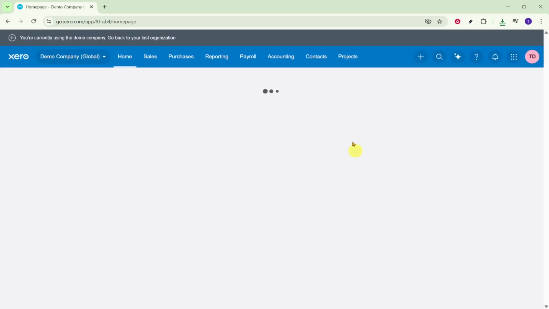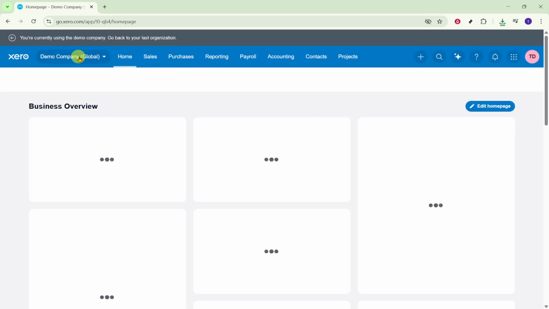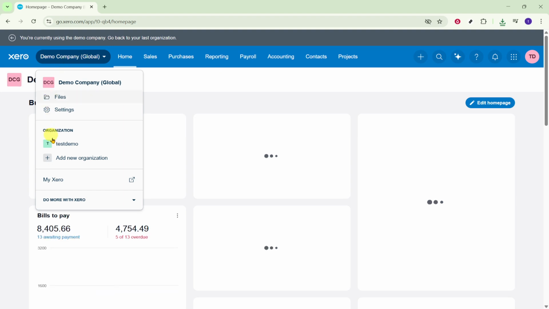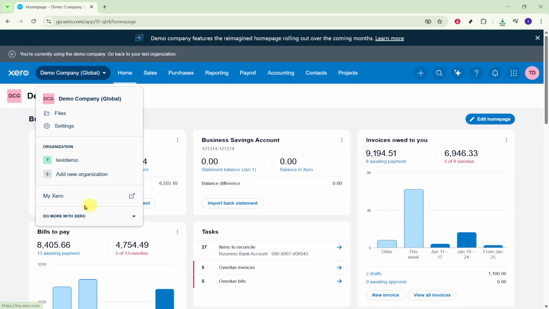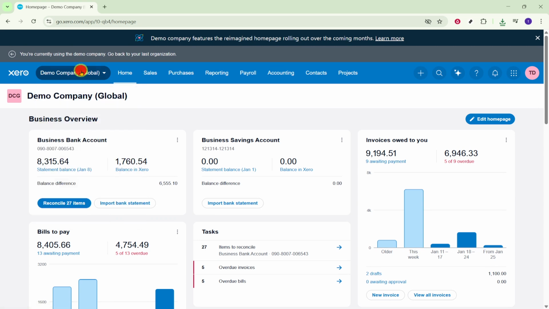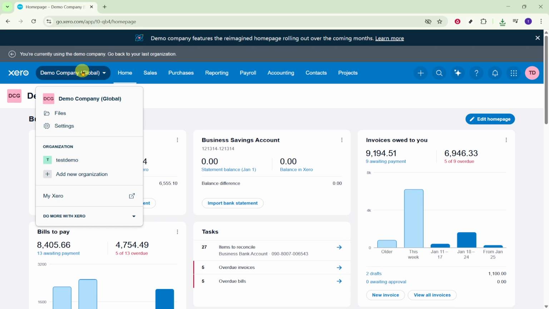Once you're in, choose the organization you want to remove. In this walkthrough, I'm selecting the demo company, labeled Demo Company Global. If you're practicing or just want to see the flow safely, that demo company is a good place to follow along because it resets and won't affect real data. If you're working on a live organization, pause for a moment to double check the name so you don't cancel